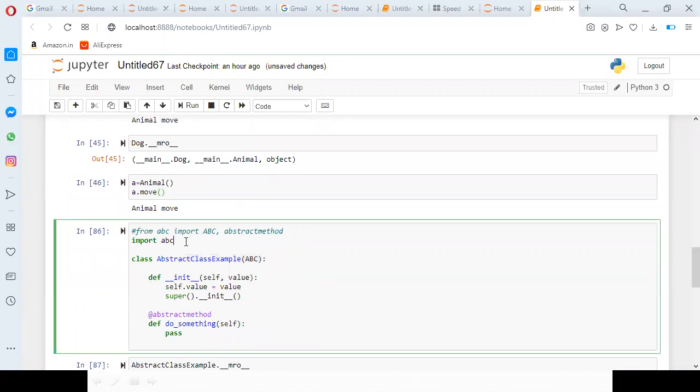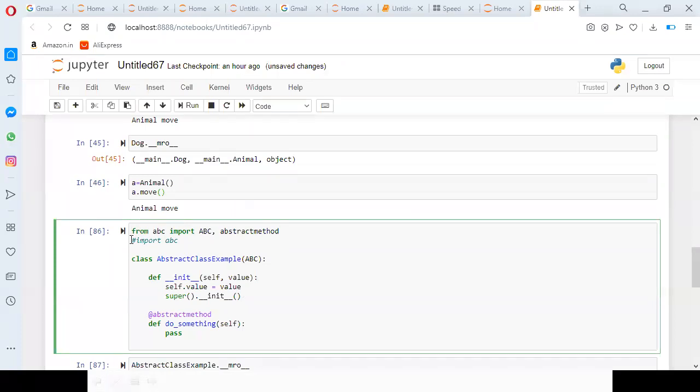I want to use only ABC and abstractmethod. So in that situation, instead of writing that, you go with this one. From here represents from the abc library; I need to import only the ABC class and abstractmethod.